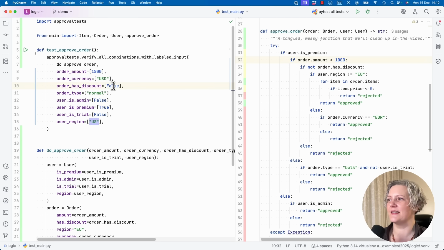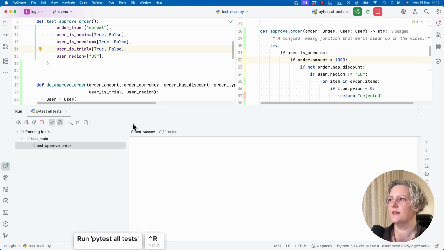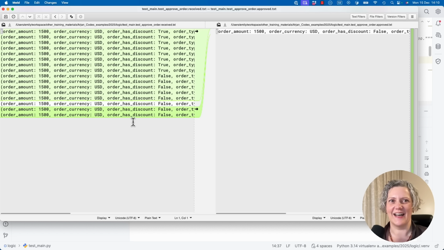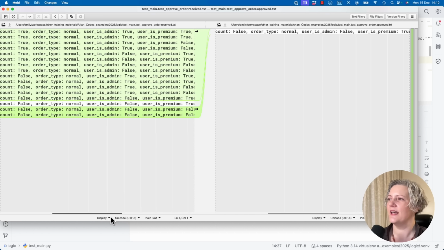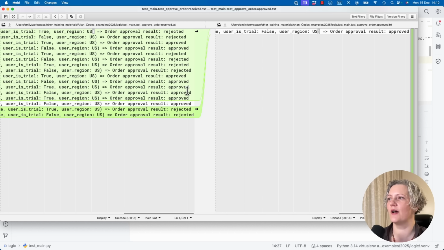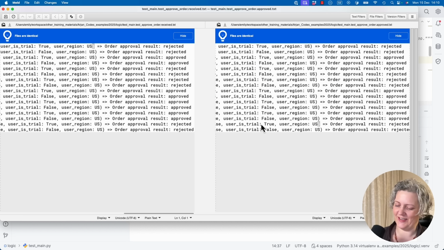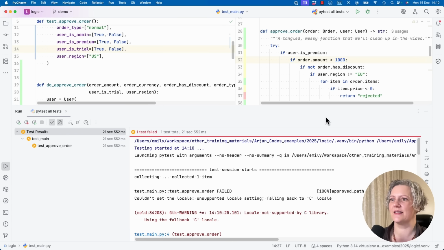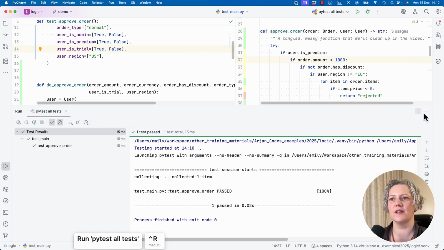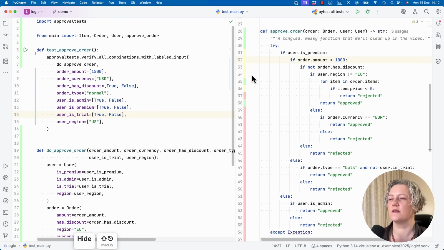The first one I'm going to do actually is these booleans. It seems obvious that every time I've got a boolean, there are two valid values, and I can use both of those in all of these. So this time when I run the test, I get a different result. I have a lot more combinations of those input values in these tests. I've got loads more lines in my approved file, and the results that I'm getting are not always approved for the order approval. Some of them are rejected. So this looks good. It looks to me like I'm going to be able to hit more lines of code in my function just by adding all those booleans there.